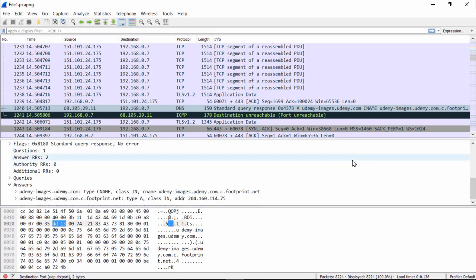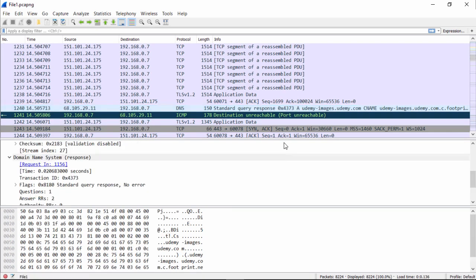Remember, the most important thing we want is to identify what took place on the network. And in this case, it was a DNS query and a response of the DNS information. So this is a query response. And this here is a destination port unreachable, which means we tried to go to a port in this case, and it was not available. It was not open. So that's UDP. As you see, there's not a whole lot of packet details in the UDP packet. Remember, that is because it's connectionless and doesn't guarantee our delivery.